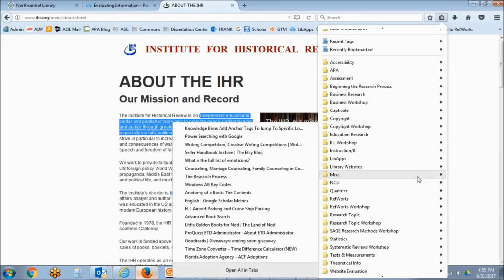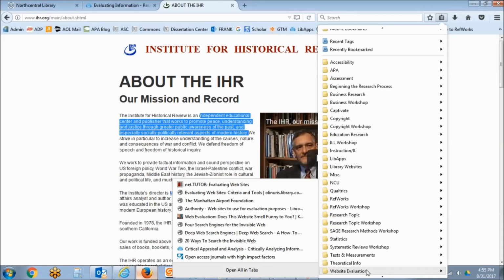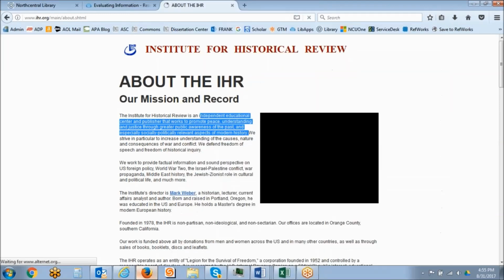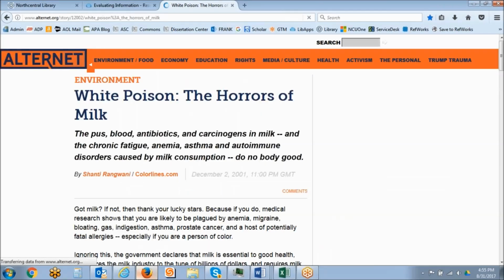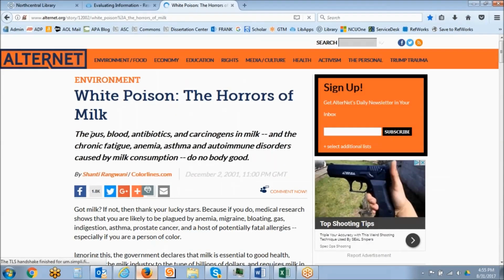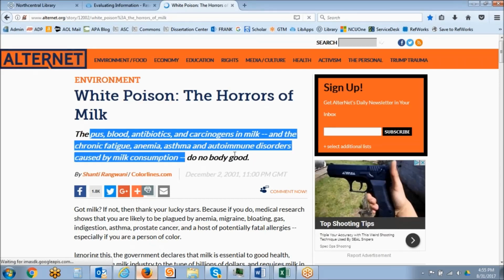Accuracy is the next thing that you really want to concentrate on. So let's look at an example here. We're going to take a look at a website called White Poison, and it's referring to milk. This website talks about the horrors of milk. The pus, blood, antibiotics, and carcinogens in milk are causing all of these conditions: autoimmune disorders, fatigue, anemia, asthma, and